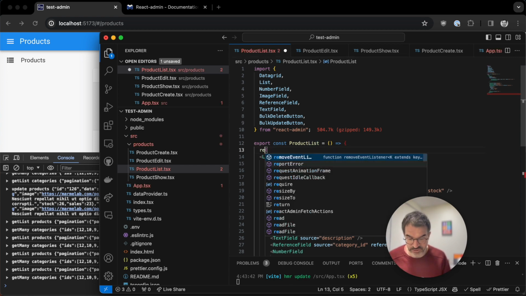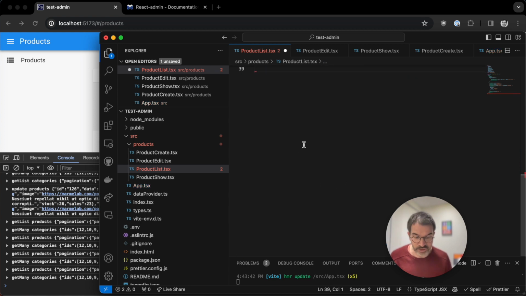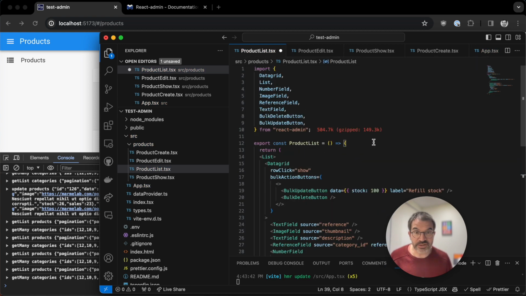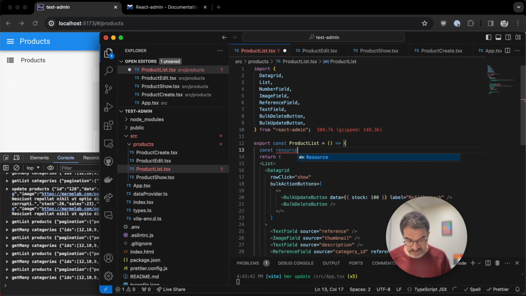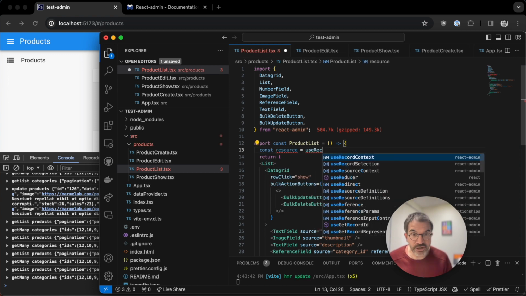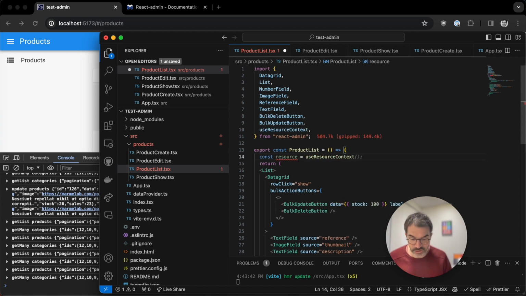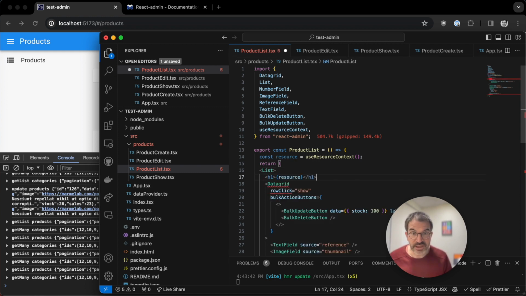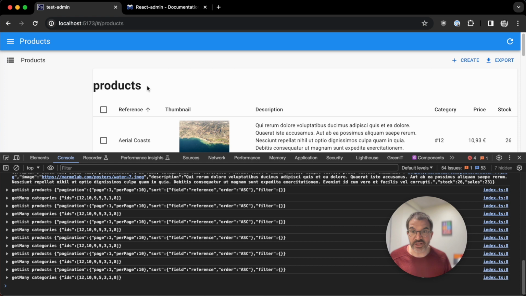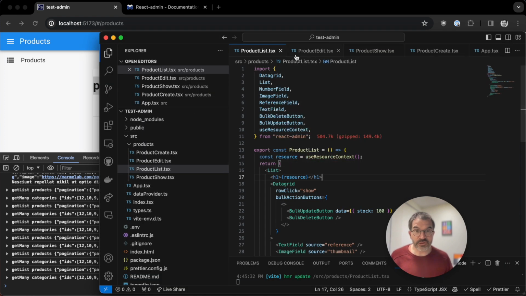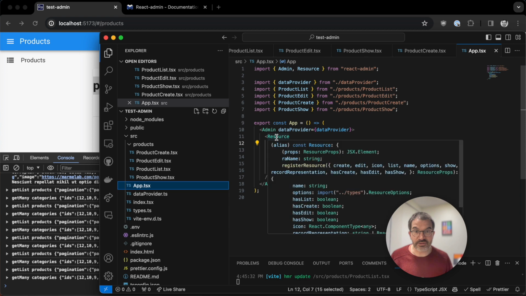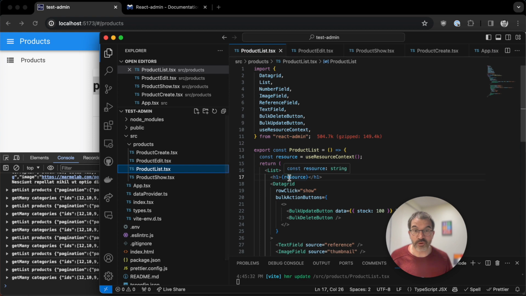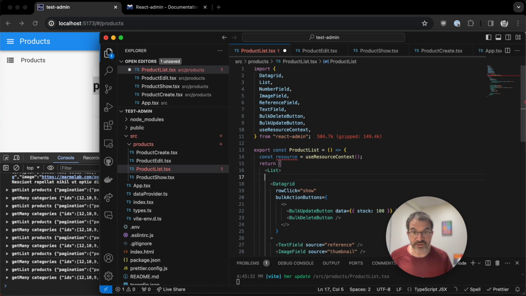And you can see this resource context for real if I just render it. So here I'm going to call the resource context using a hook. The hook is called useResourceContext, and I'm just going to render it in an H1, and what it shows is products. So resource in the admin app here defines a resource context that is accessible from all its descendants, including the list component, which uses it to query the data provider.